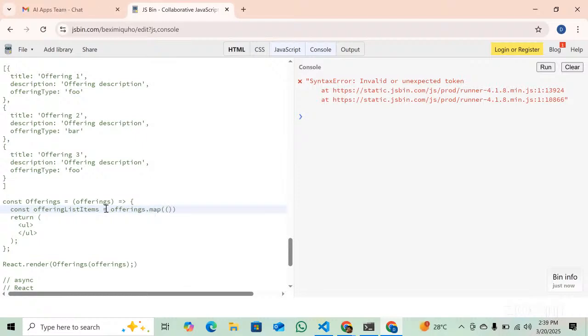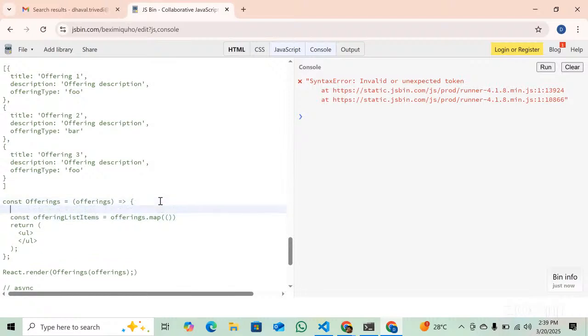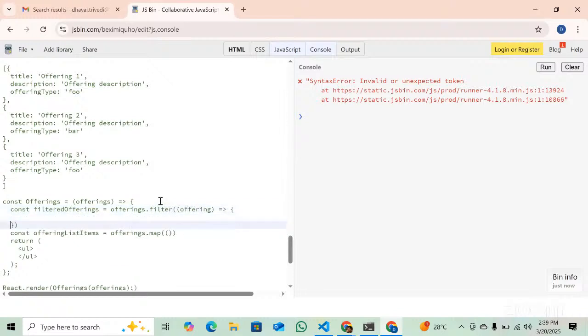Okay. So here we need to do two things. Const filtered offerings equal to... return